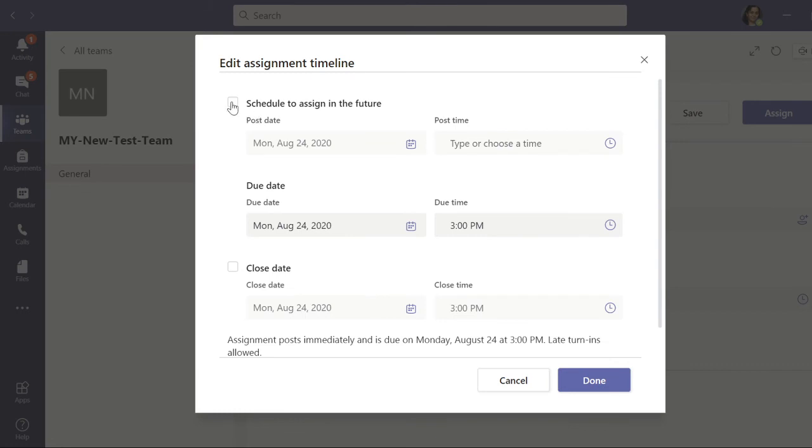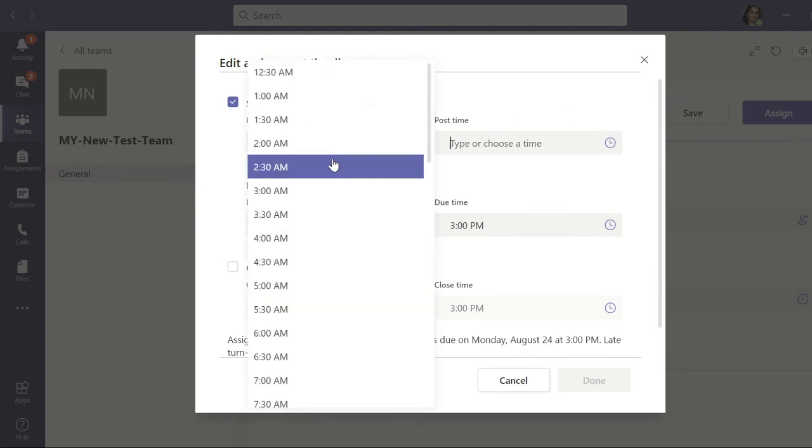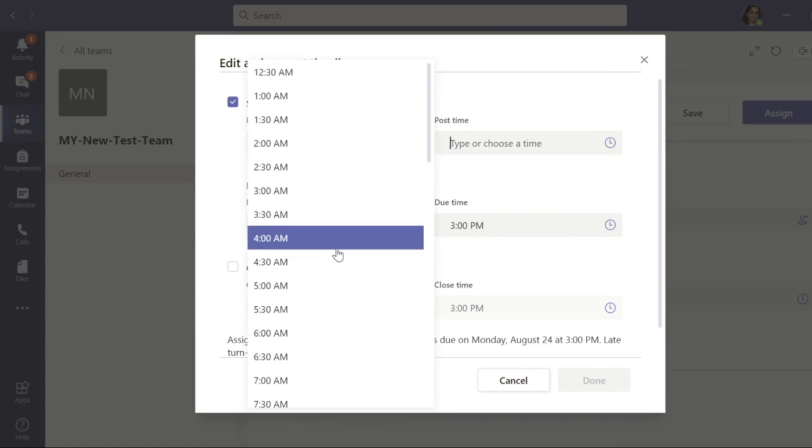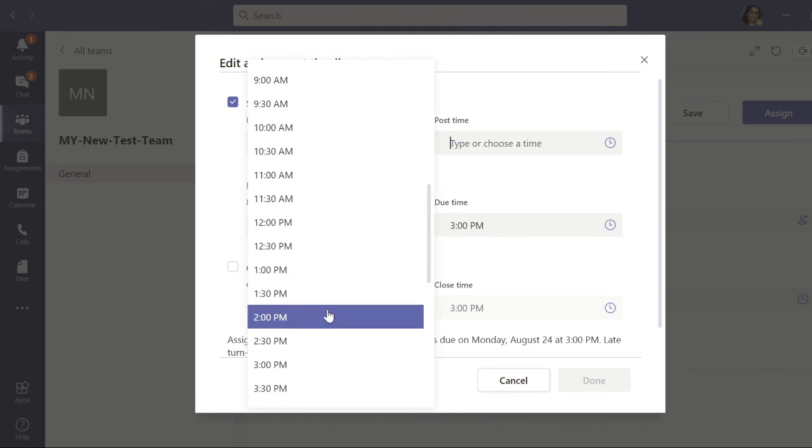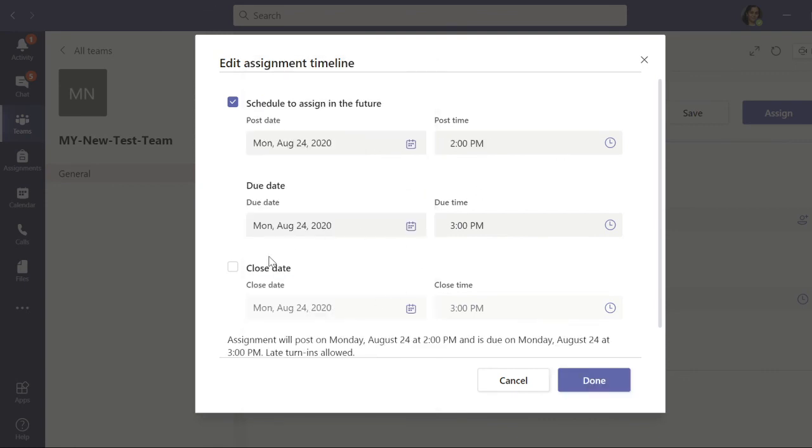You already know it, so you can pre-schedule it. I am giving the time here as 2 p.m. I am pre-scheduling it and closing it at 3.